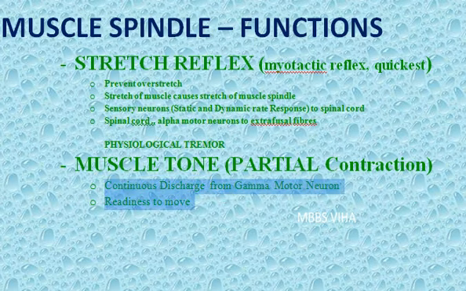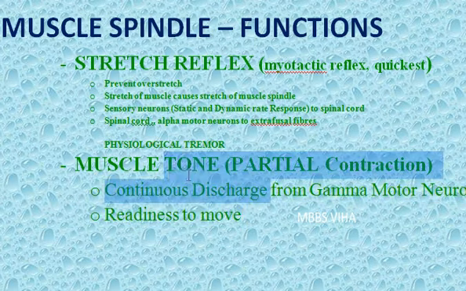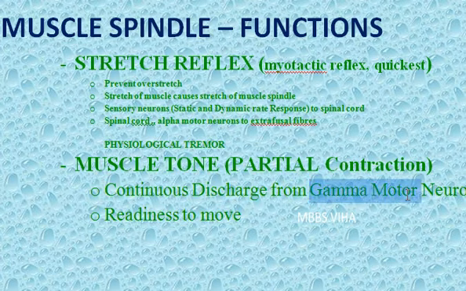Are you able to see? So, this continuous discharge from the gamma motor neuron will keep the muscle in partially contracted state to help you be ready to run, move, swift movement, quick movement, any kind of reflex action that you might need. Okay, so it keeps you ready. So when it comes to muscle spindle, the functions you're going to write under two headings: stretch reflex and muscle tone. Now let us cover